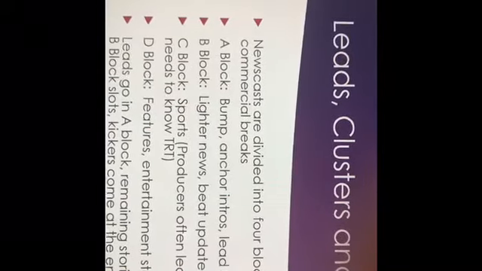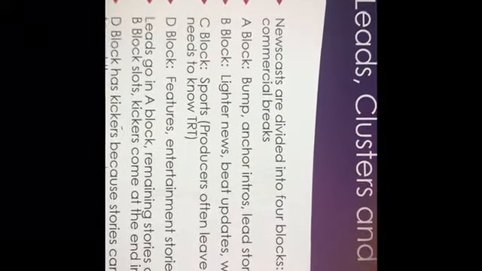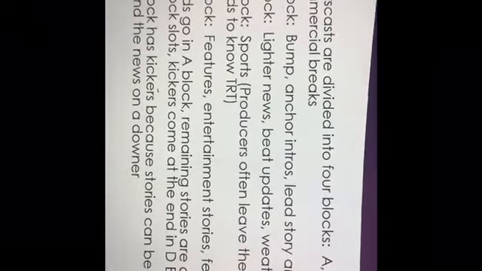How many blocks are in a newscast? There are 4 blocks in the newscast, and they are the A, B, C, and D block. What goes in each block? In the A block, you have your lead, most important stories. You have your hard-hitting news in the A block. In the B block, you have lighter news, and you also have the weather. The C block is sports, and the D block is your feature stories, your entertainment stories, and then your kickers